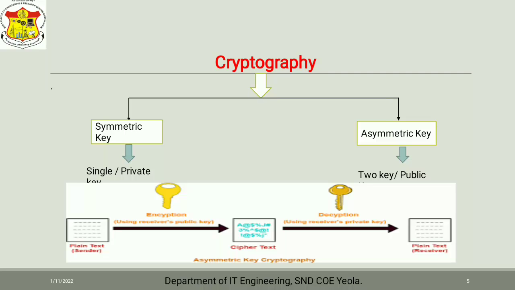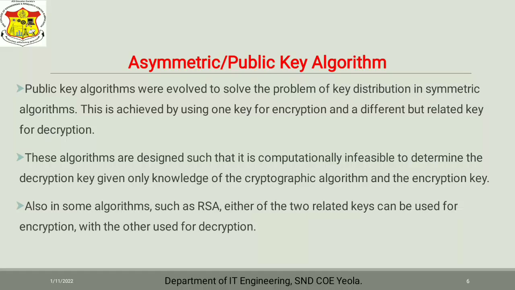In asymmetric key cryptography, the sender and receiver both have their own keys, so there is no problem of key distribution while transmitting data over an insecure channel. The main advantage of asymmetric key cryptography is that two separate keys are used for encryption and decryption. Even if the encryption key is stolen by an attacker, he or she cannot decrypt the message, as the decryption key is only available with the receiver. The best examples of asymmetric key cryptography are the RSA algorithm and the Diffie-Hellman key exchange algorithm.